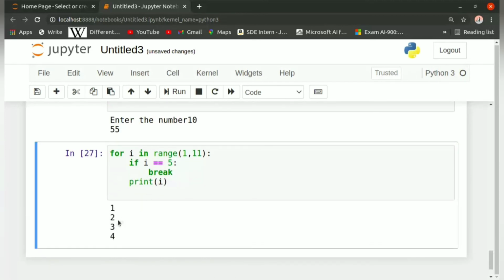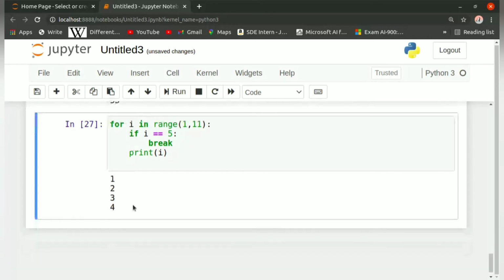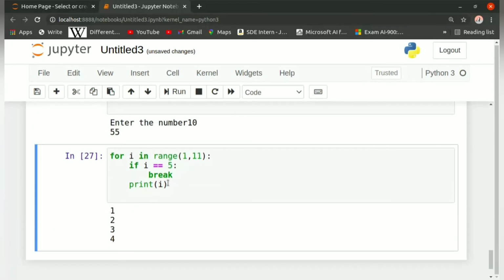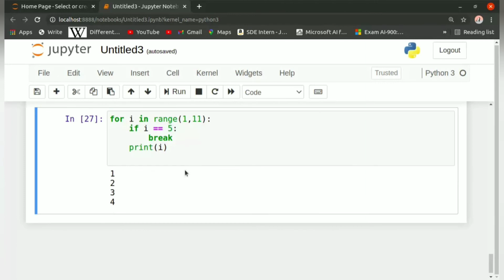See, as soon as i takes the value 5, the loop does not continue further and it prints the values up to 4 only. First it will take 1 as the value, and since the condition isn't satisfied, the loop continues. i takes the values 2, 3, 4, and when it comes to 5, it checks the condition if i == 5.